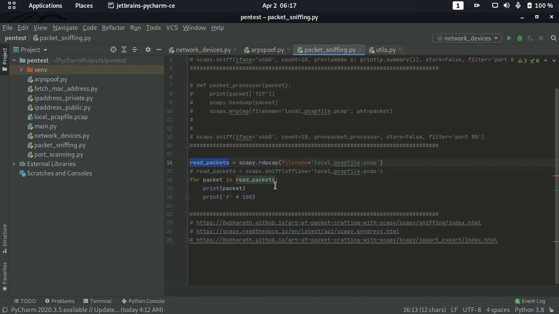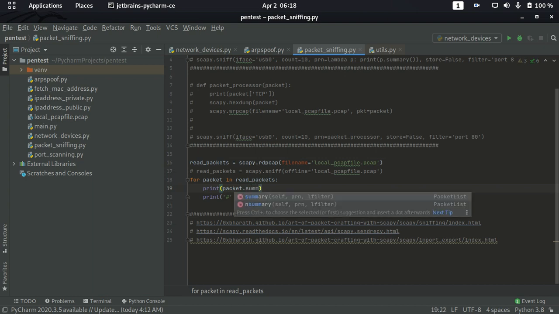While writing the pcap file, we can see the packet details by using summary, display, or show. You can even use hexdump for that. For example, if you use summary or display, you will have more details. For simplicity, we will see it here one more time. So summary, and we will execute the same terminal command here.